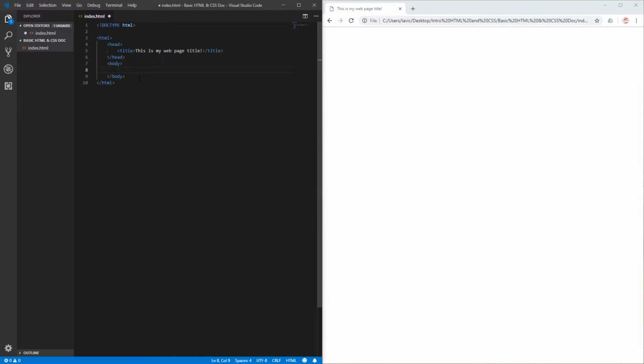So I can put something up here like a header 1. Basically, this is just like the header of your web page. Like this is my header. And if I refresh, there we go. See, now content is actually showing up in our web page. I can go down here and I can type this is more content,